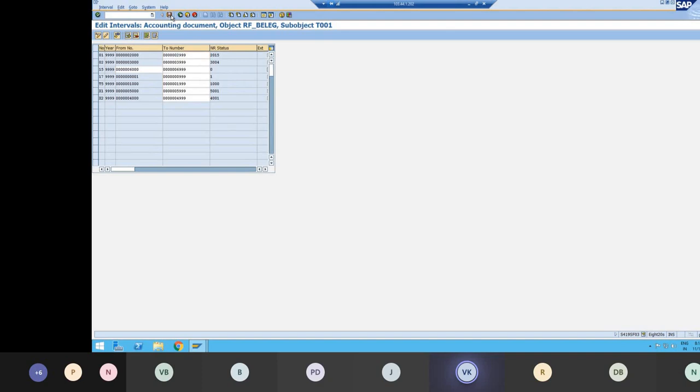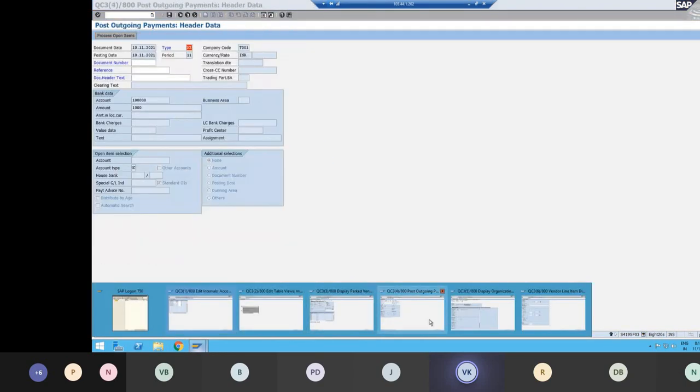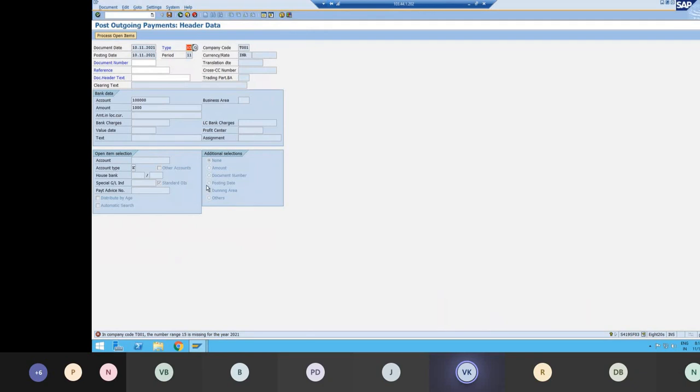Just click on save and continue. Now we have maintained that number, so that error is not coming.